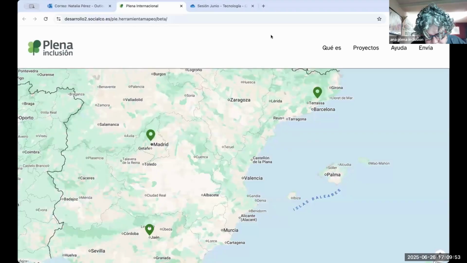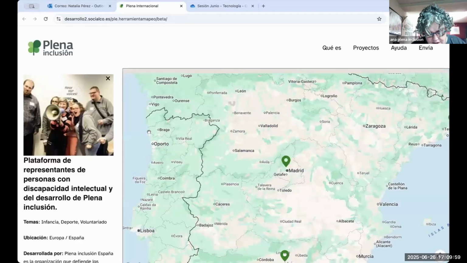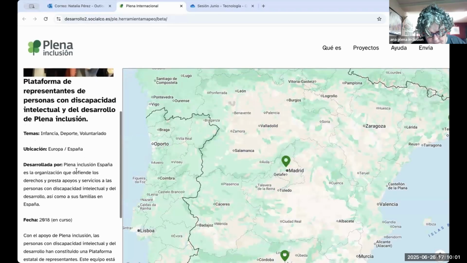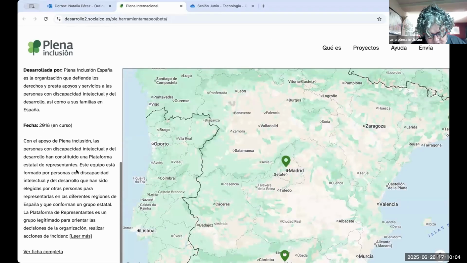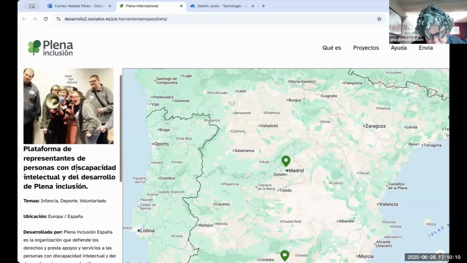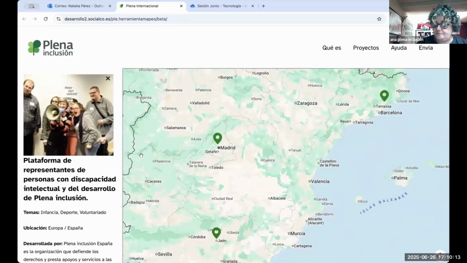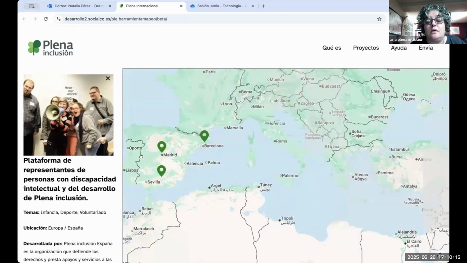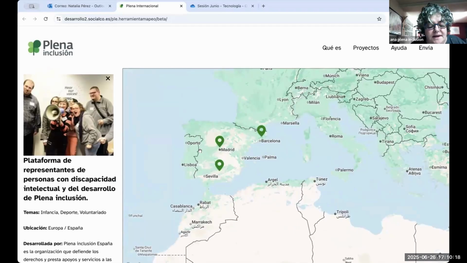How does it work? You will see a large map on the screen. On that map, there are little dots with projects. If you click on one of those dots, you will see basic information about the project. If you want to know more, you can go to the page with all the details. You can also search for projects based on your interests. For example, a topic that can be employment, training, independent living, or language, continent, country, whether it is done by an individual or whether it's a project by an organization, these type of things.